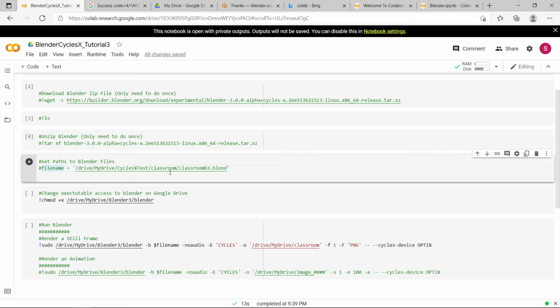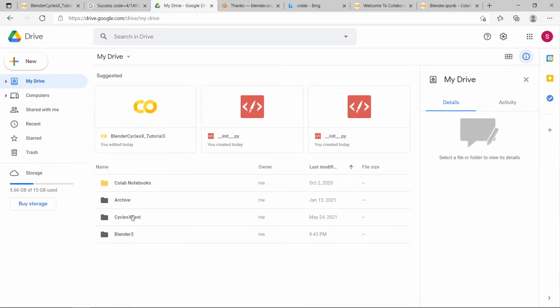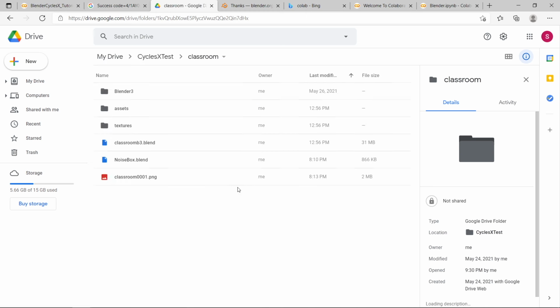So the next thing you're going to want to do is to set the file name and file path for the Blender file that you want to render. So I'm just going to uncomment this line here, and I've currently got my file path set to drive, my drive, which is your Google Drive. I've got a folder called CyclesXTest. It's in a folder called Classroom, and I've just got a Blender file called Classroom B3 for Blender 3 .blend. And if I go to my Google Drive, CyclesXTest, Classroom, and you can see that Blender file is there that we just uploaded, and the associated asset and